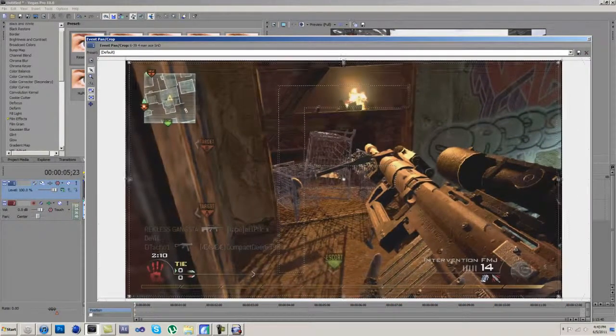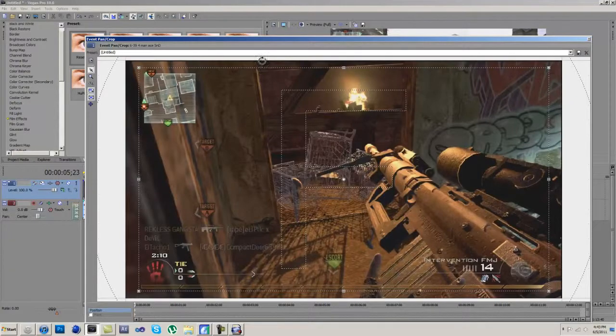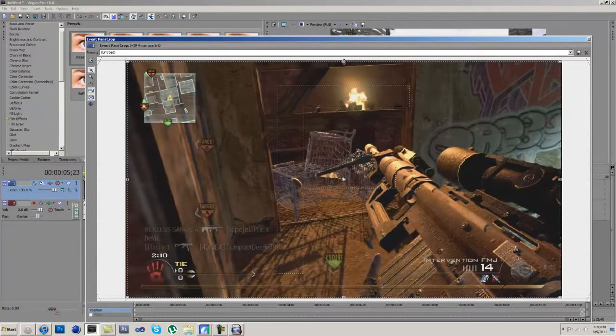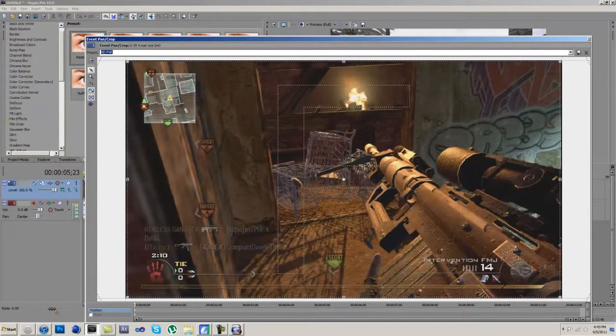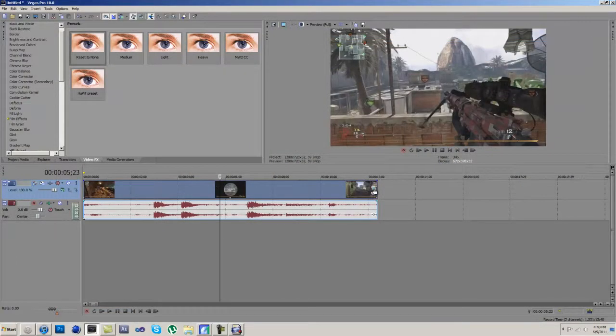and try to get these little black lines off the top that you see right here, and you just want to try and cut them off as much as you can without cutting off too much of the actual video. And then after that's done, you can save that as a preset called HD PVR if you would like. And then after you're done,